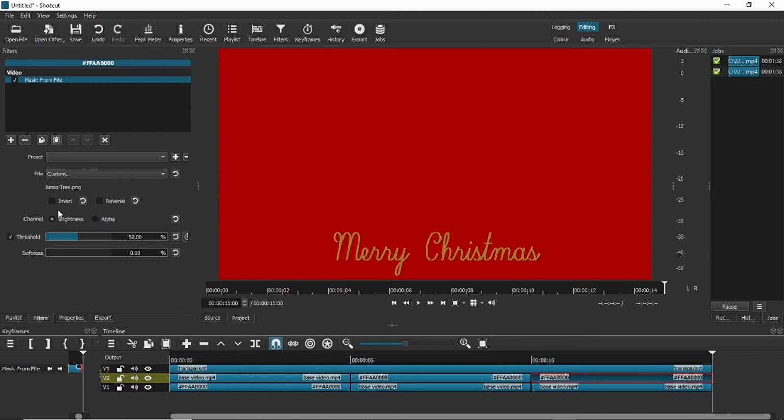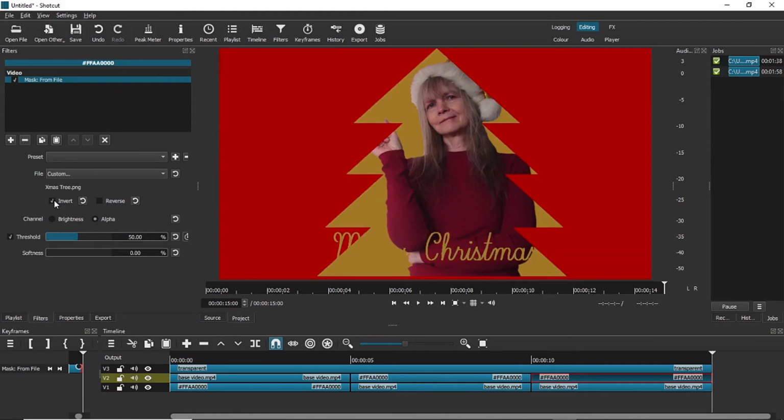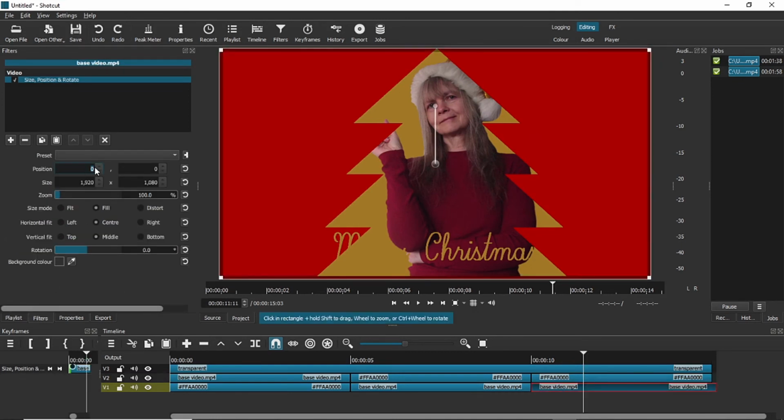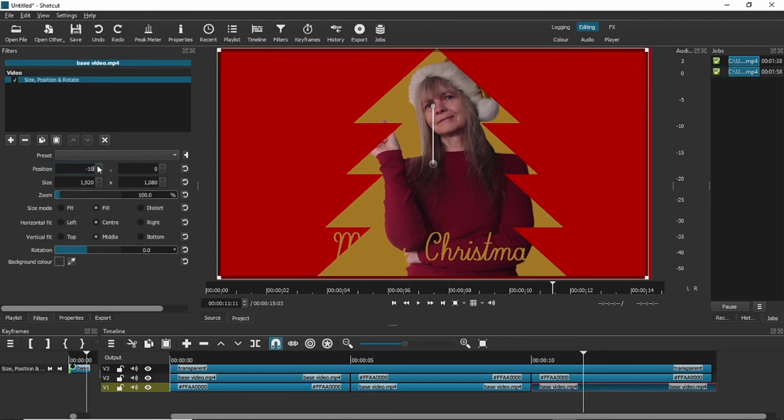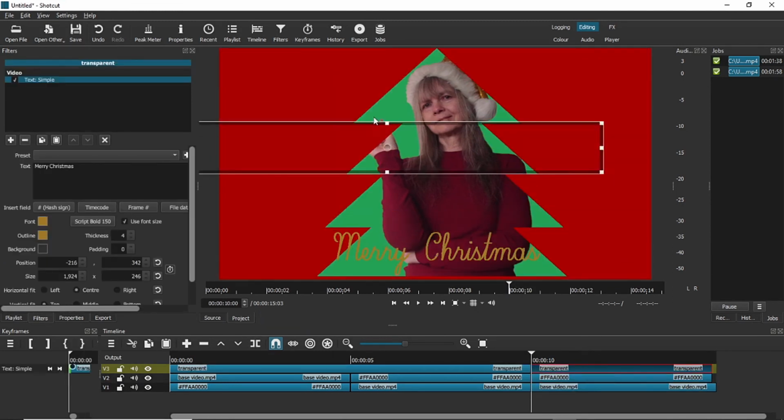This allows you to select your PNG file, and you'll see the name comes up beneath the menu. You'll need to set it to alpha, and you'll see that you can have the actual image cut out in the colour of the border, or you can reverse it to have the tree as your window on the video. I'm not saying this is a good shape for this, it probably isn't, but you could do a star, or a Christmas bauble, or a snowman, or anything else you want.